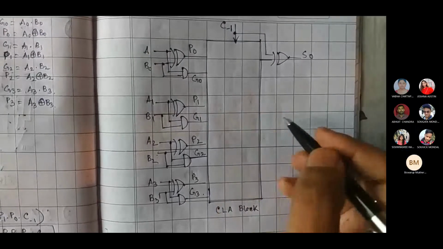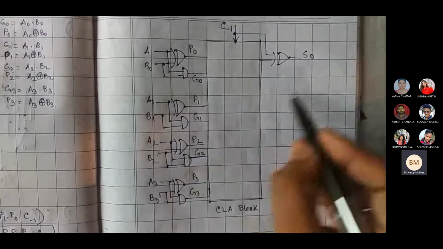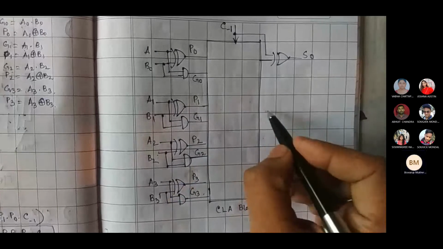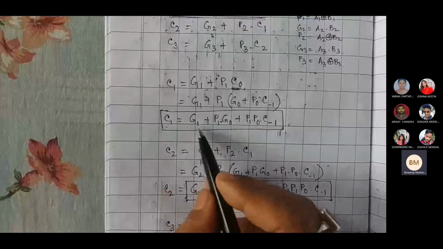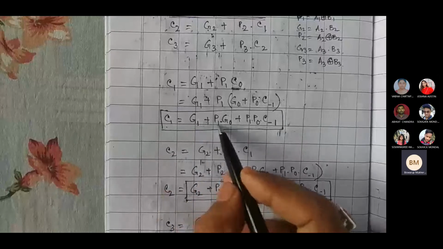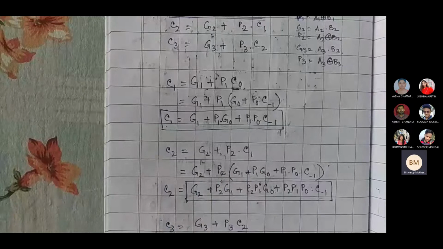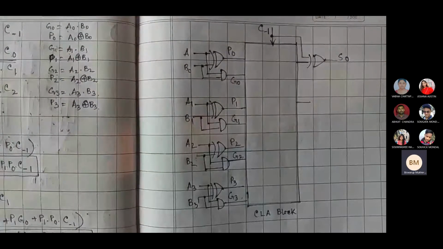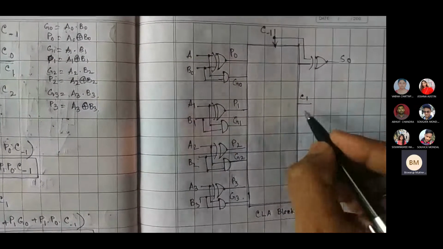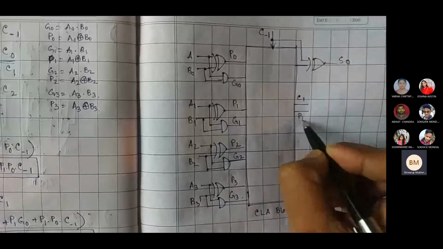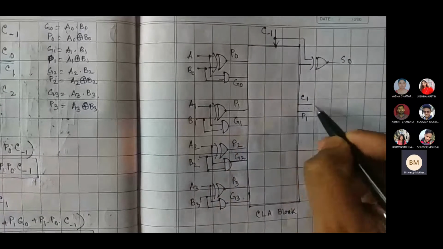Similarly, the S1, how can it be generated? The S1 can be generated. There is one output right from here, that is C1. C1 টা তো already generate করেছি আমরা. C1 is this one, that is G1, P1, G0, P1, P0, C-1. এটা আমরা generate করব inside this CLA block. CLA block এর মধ্যে এটা generate করছে. So we are having this C1 output along with this P1. এই P1 টাই আসছে. নিয়ে আবার XOR করে দেব. We are having S1.